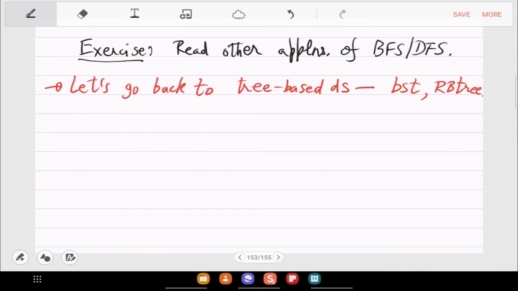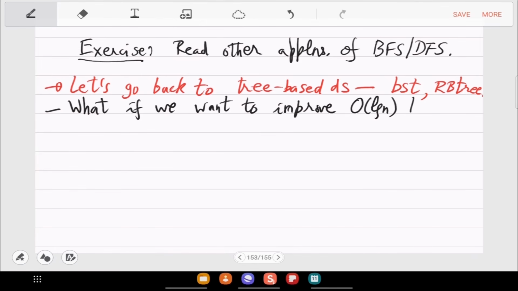So what is it that we want more from tree-based DS? So what if we want to improve the time order log n to constant time?